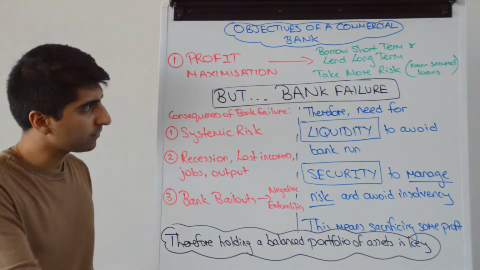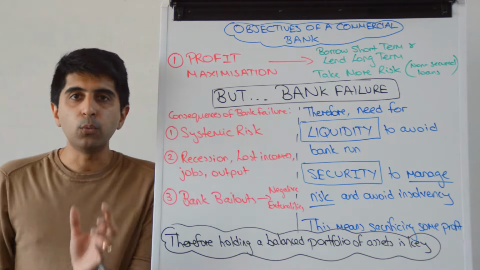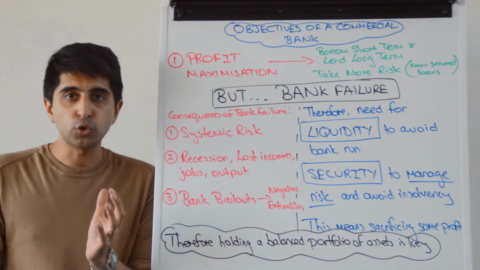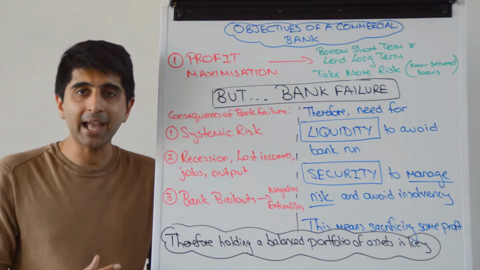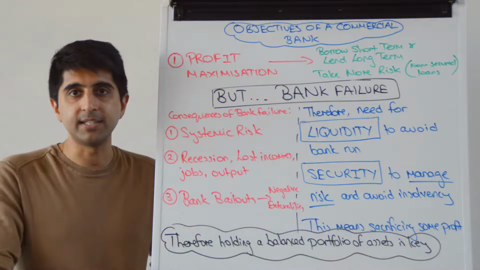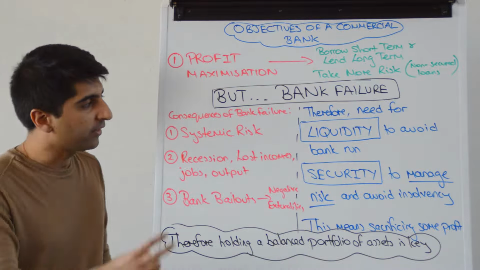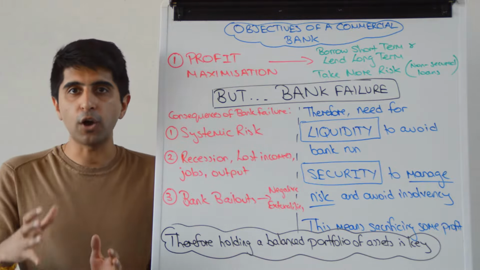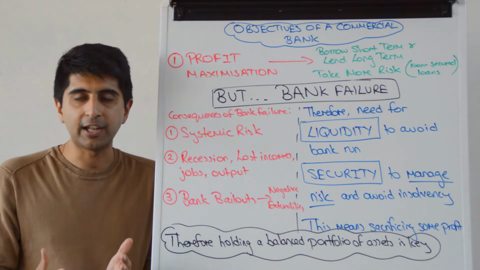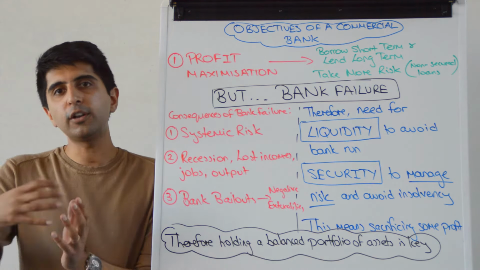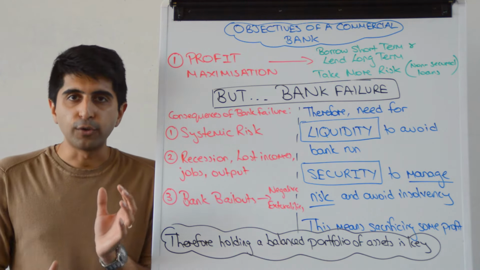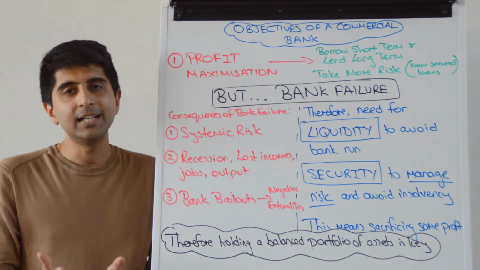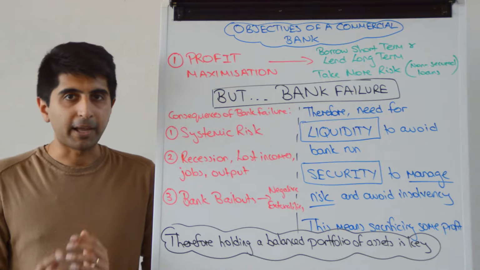bank failure. Remember, there are two ways in which a commercial bank can fail. There could be a liquidity crisis, where there are not enough short-term liquid assets that the commercial bank has to meet its short-term liabilities. Liquidity crisis, a bank run. The second way is that a commercial bank can go insolvent if they don't have enough capital to offset any losses in asset value. So any loans that go bad, if there is not enough capital to offset those fall in asset values, then there is insolvency. Liabilities will be greater than assets, not sustainable, and you see bank failure that way.